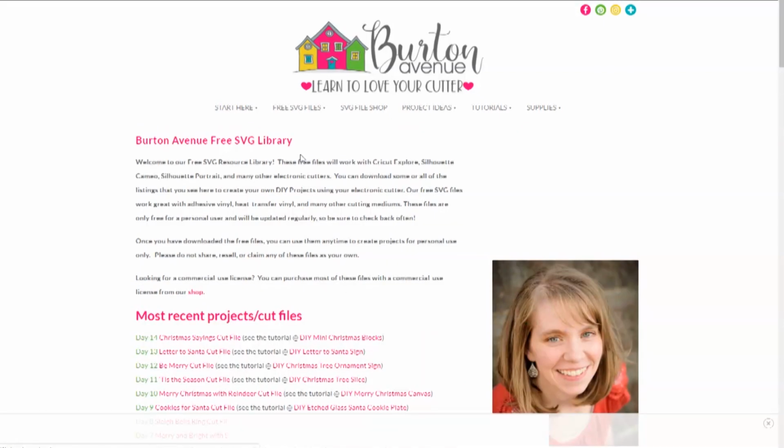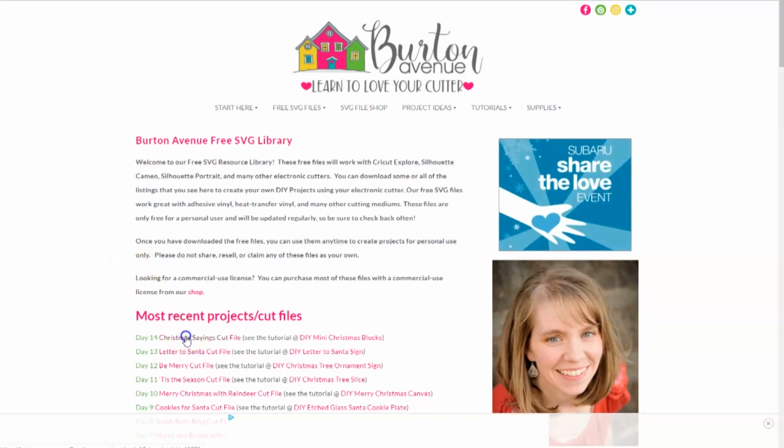You'll need a password to get into the library, and there are instructions on the screen if you need to get one. Once you're in the library, you can search for the file Christmas Sayings. It will either be listed under Most Recent Projects and Cut Files or under the Christmas category, 25 Days of Craftmas, 2019, Day 14. So go ahead and click on that link, and the file will be downloaded onto your